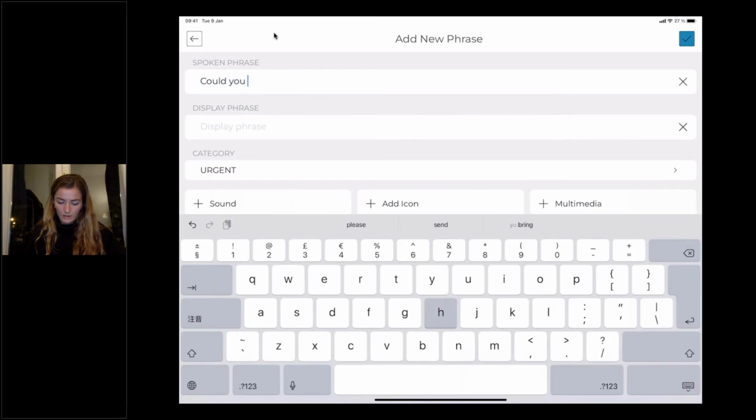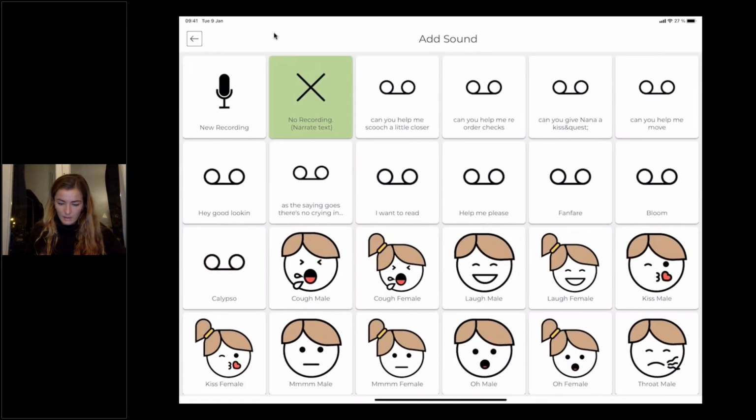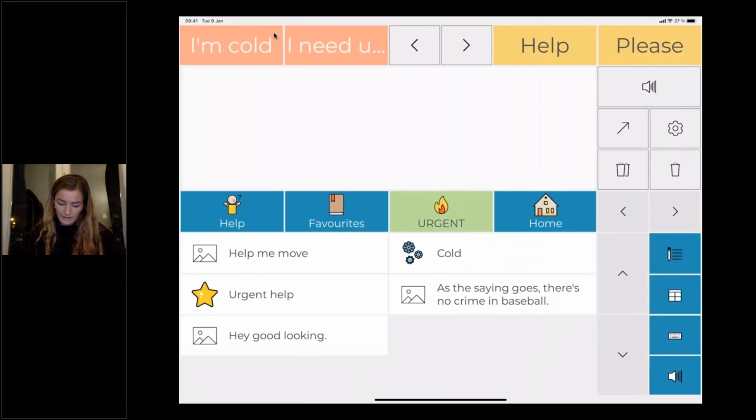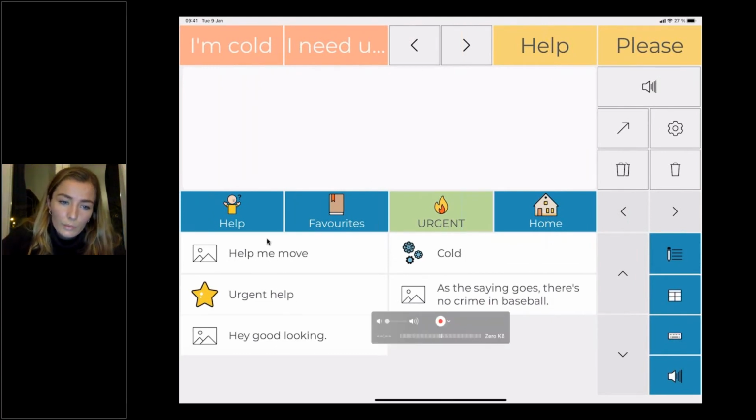Could you help me move? Help me move. It should work. And that's it. So now I have help me move with the recording help me move attached to it.